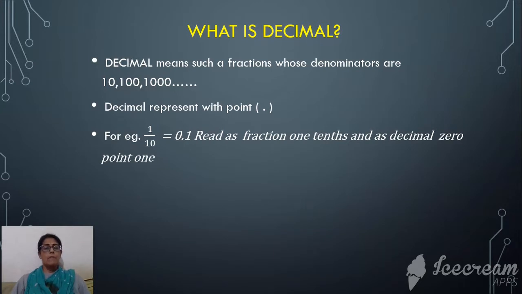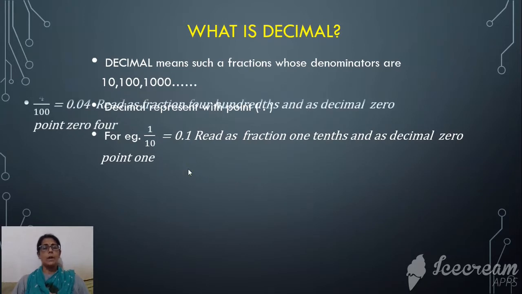1/10. In the fraction we can read this number as 1/10. In the decimal we can read that number as 0.1. Why 0.1? Because here you check the number upon the 1 is the numerator and 10 is the denominator. In denominator 10 how many zeros are there? Only one zero. So we have to place only one number after the decimal, that is tens, right? So 0.1 we can read in the decimal point, it is 0.1.